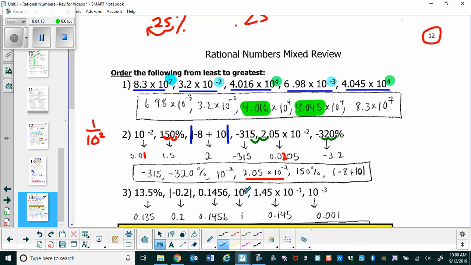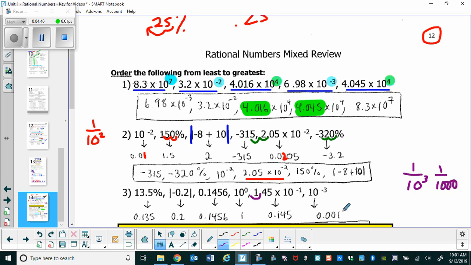Next, anything to the 0 power is 1. My number in scientific notation, to convert it back to standard, I'm just going to move the decimal back once to the left because that's what it says to do, and that's how I get the 0.145. And now 10 to the -3, that's 1 over 10 cubed, so that's 1 over 1,000, and 1/1000th as a decimal is the